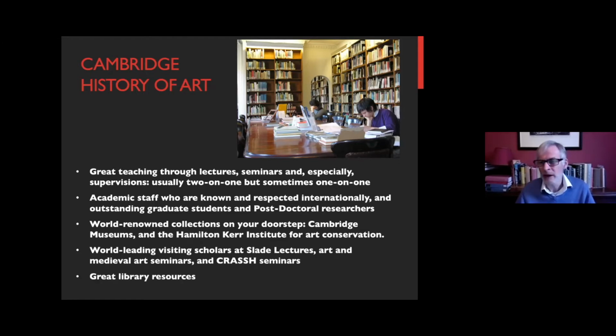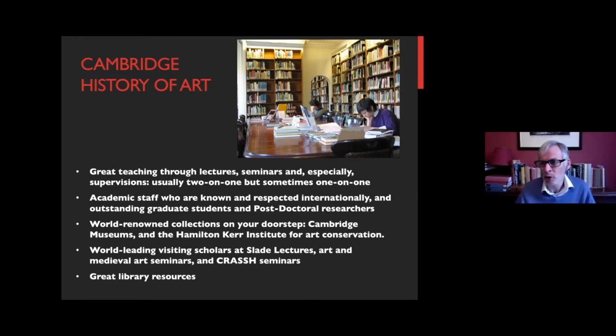We have outstanding library resources. Cam mentioned the college libraries. All colleges have a library, and all colleges that teach history of art have history of art holdings. There's also the faculty library. That's the department library, effectively, which you can see on the top right here. And beyond that, there's the